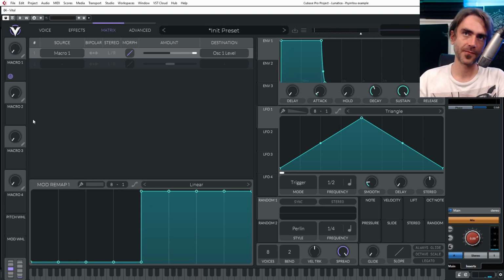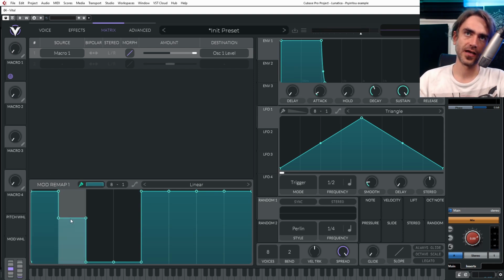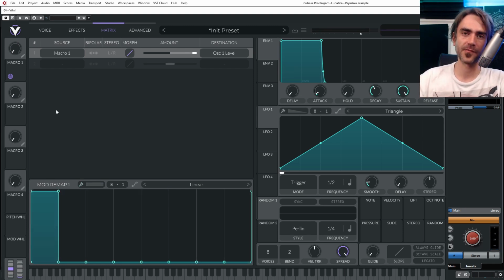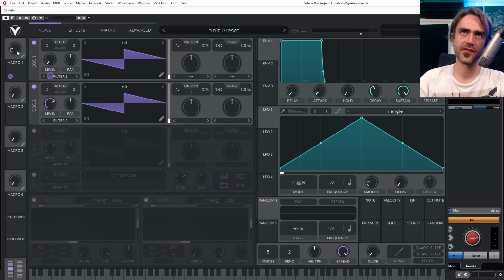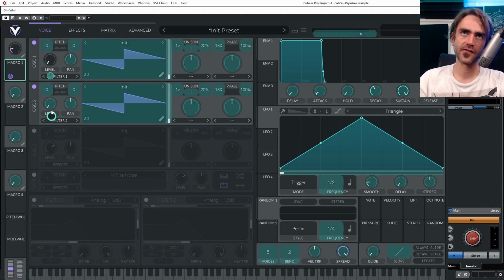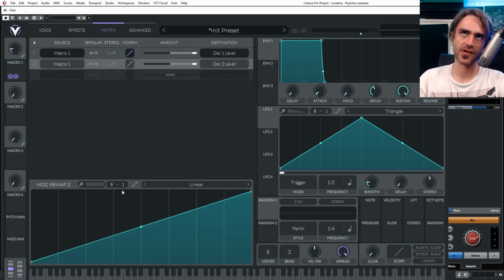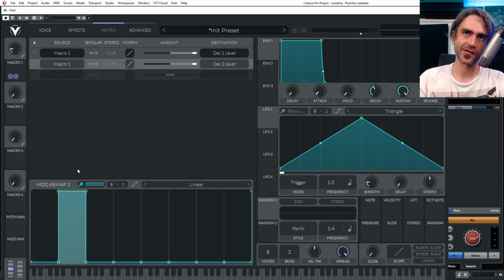So how we can expand this is, let's say for example, we create a macro that switches between multiple oscillators. I think that could be really cool. So let's say when it's within this first quadrant, well, it wouldn't be a quadrant, it would be divided by 8, whatever that's called, let me know in the comments. We would have oscillator 1 playing, and then let's say for example, assign this macro to the level, jump over to the mod matrix. Let's turn all these bars down and let's just turn the second one up. So now, as you can see, as the value goes above this point, it's going to turn on the second